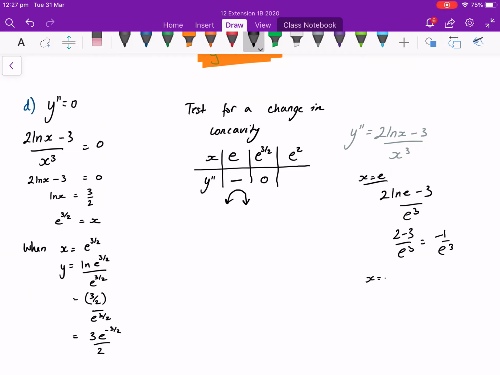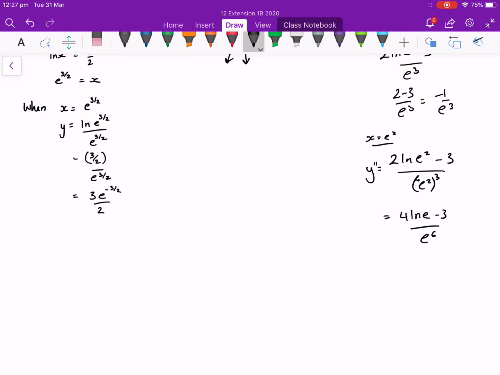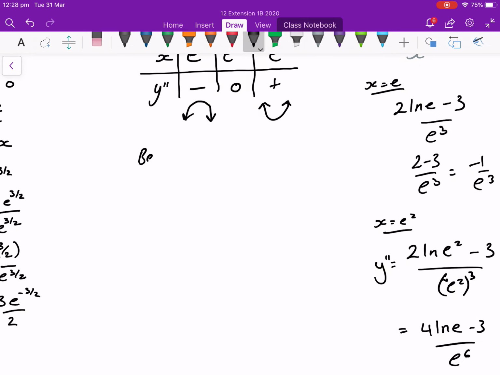When x equals e squared, we end up with 2 ln e squared minus 3 over e squared cubed. Now we're only really interested in the denominator. We can bring the 2 down to the front to give us 4, so 4 ln e minus 3 on e to the power of 6. And then from there, ln e is just 1, so we're going to be 4 minus 3 on e to the power of 6, which is 1 on e to the power of 6, which is positive. So therefore that is concave up, and therefore there is a change in concavity. So because there is a change in concavity,